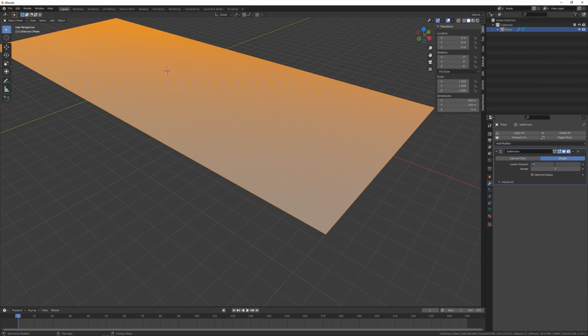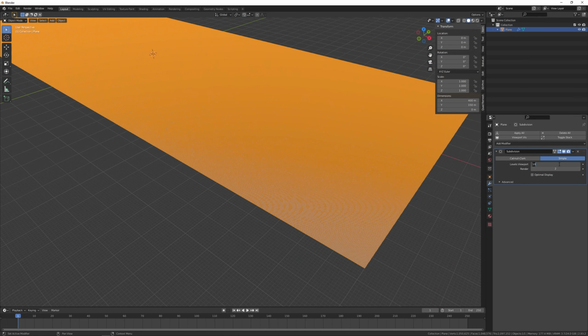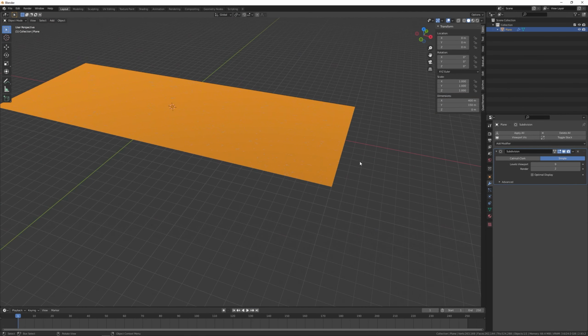I go back here, maybe 10. That's about 1,000,000 vertices. Let's do it on 9. 263,000 vertices. That's something we can work with, absolutely.